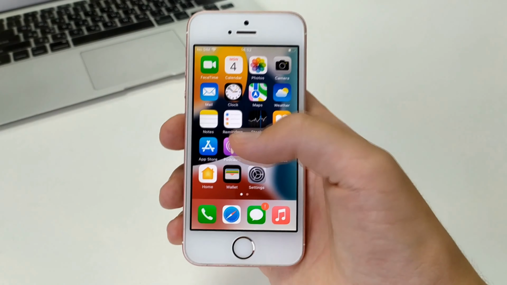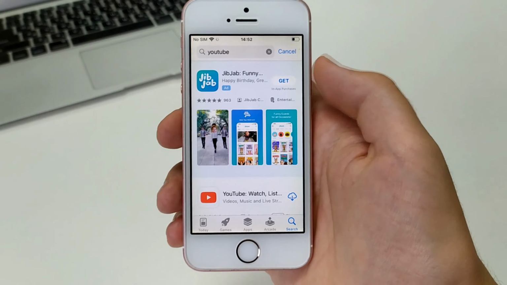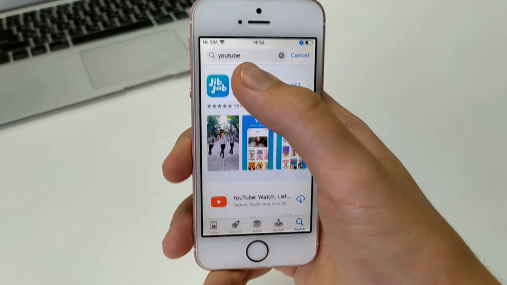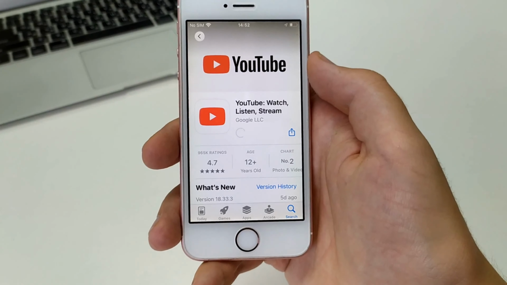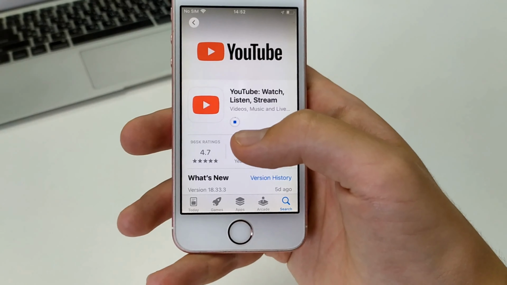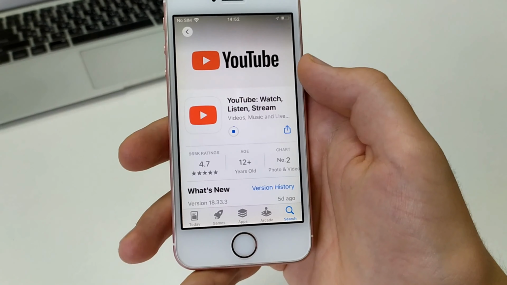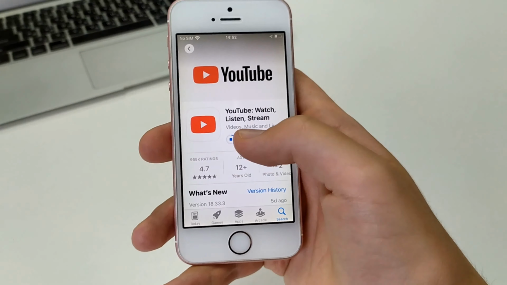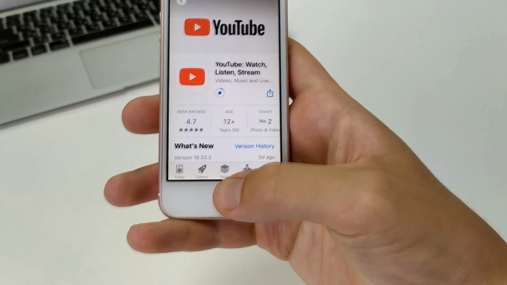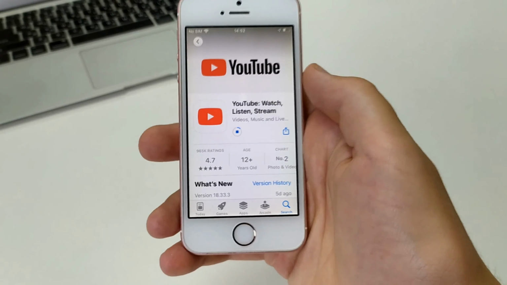Let's get started. To do this, you need to go to the iPhone's standard application called App Store. Further, you need to enter the word YouTube in the search box. After that, we click Get. If you've ever installed it before, you'll just have an icon like I have. You click on it and install it. You may need to enter your Apple ID password, or you can confirm it with your fingerprint or Face ID. YouTube downloads like this.